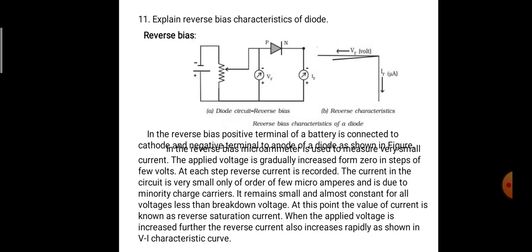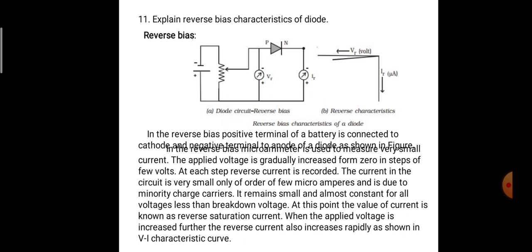In the reverse bias, a microammeter is used to measure very small current. The applied voltage is gradually increased from 0 in steps of a few volts. At each step, the reverse current is recorded. The current in the circuit is very small, only of the order of a few microamperes, and is due to minority charge